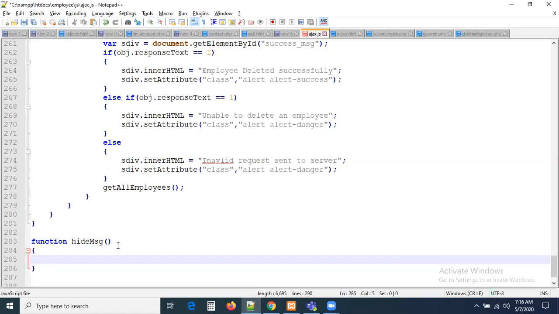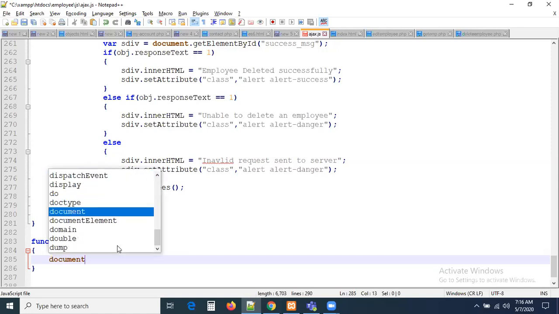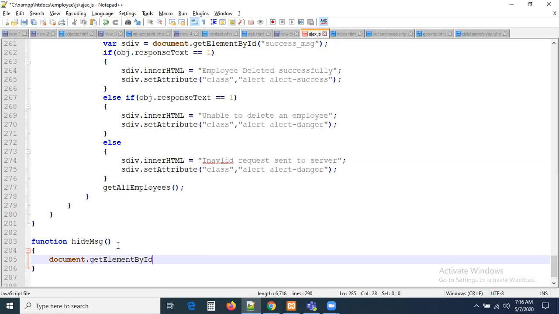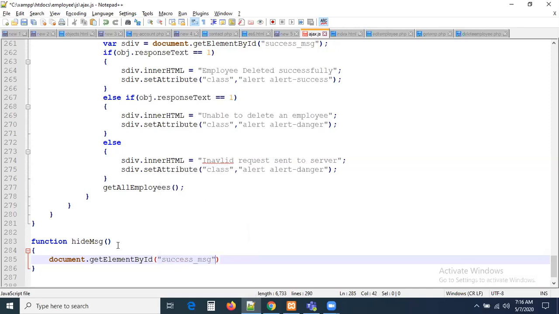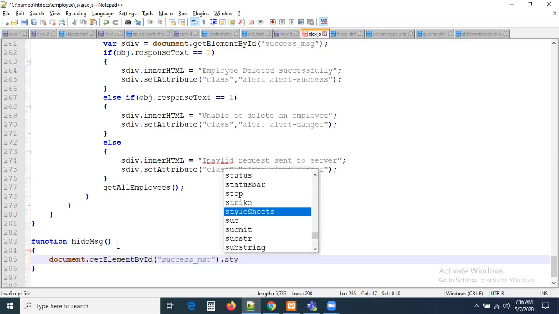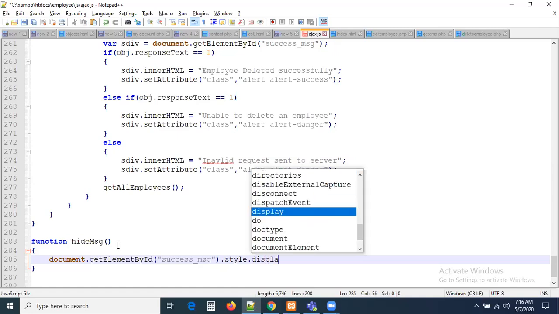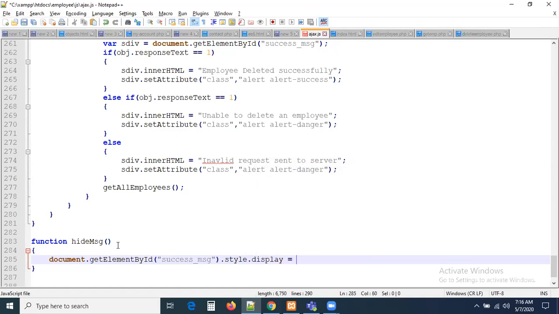So document.getElementById success_message. This is the ID of that div. style.display is equal to none.